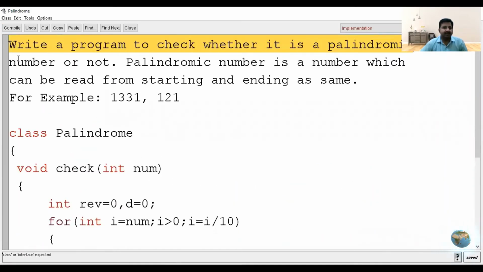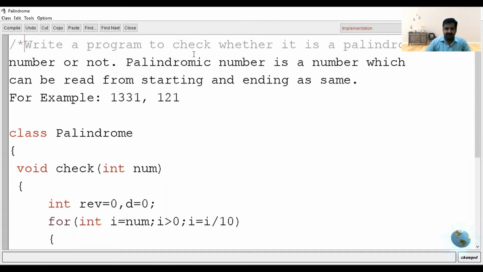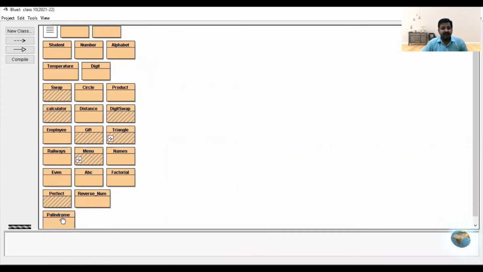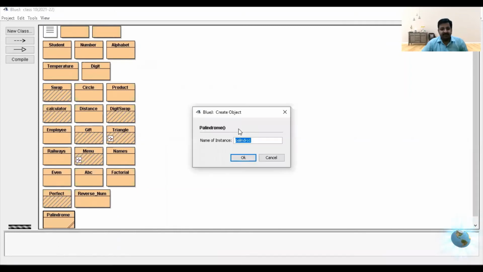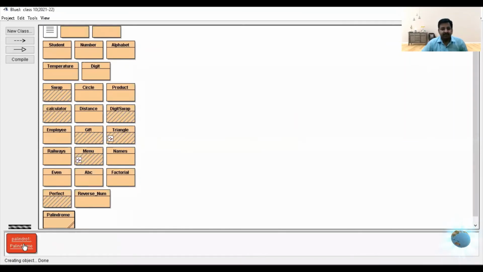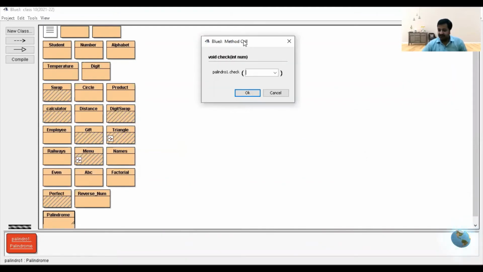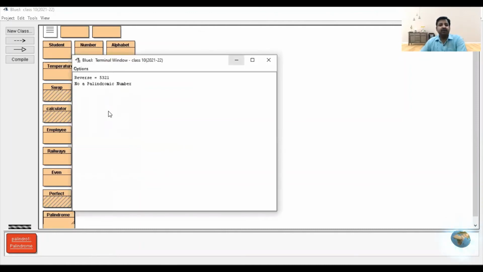See, I'm compiling the program, put the question in the multi-line comment. After putting it in the multi-line comment, we are again compiling the program. Compile, you can see that it is being displayed, class compiled, no syntax error. Close the class, again create an object of this class. So here the object has been created. Now invoke the function. Such as I am giving 123, which is not a palindrome, non-palindromic. See, it is printing not a palindromic number, because the message we had printed, right?